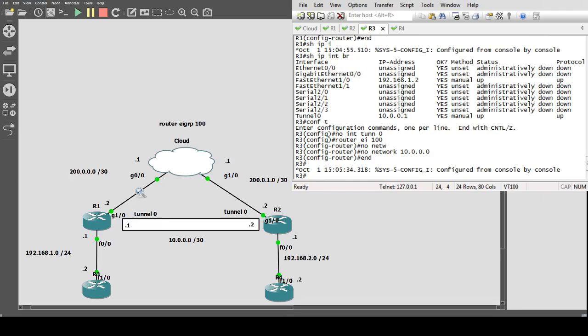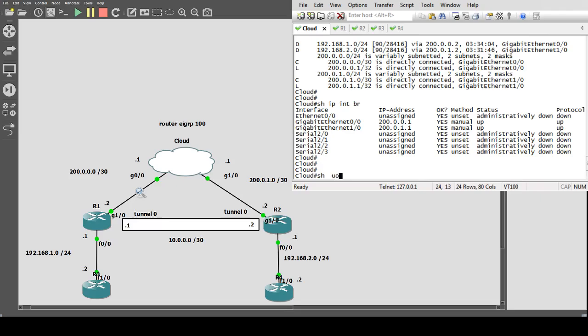Hello everyone, today we're going to do some configuration of GRE, or just making some tunnels, which are precursors for VPNs actually. Now then, what's a prerequisite for creating your own tunnel? You must already have the topology of your network connected to each other. In our case, we're using router EIGRP 100 and this is our